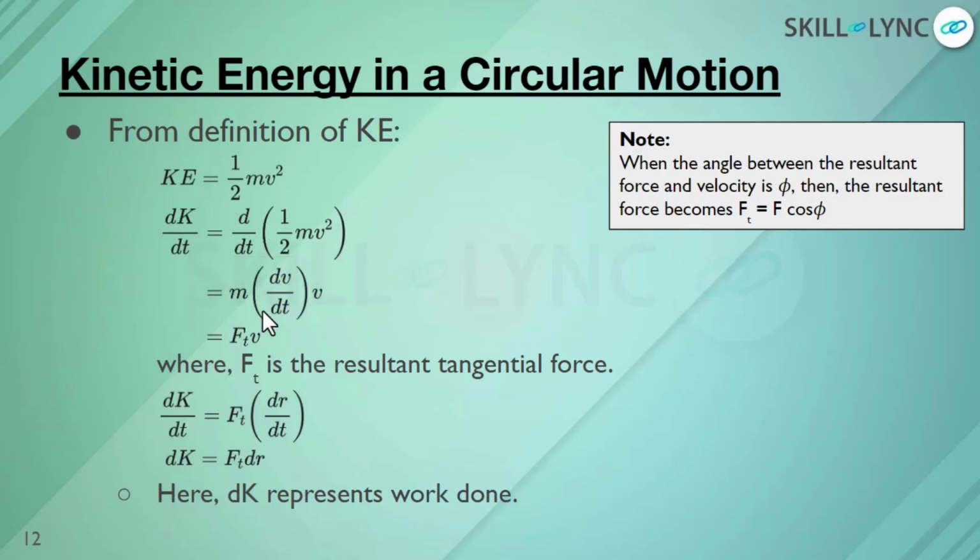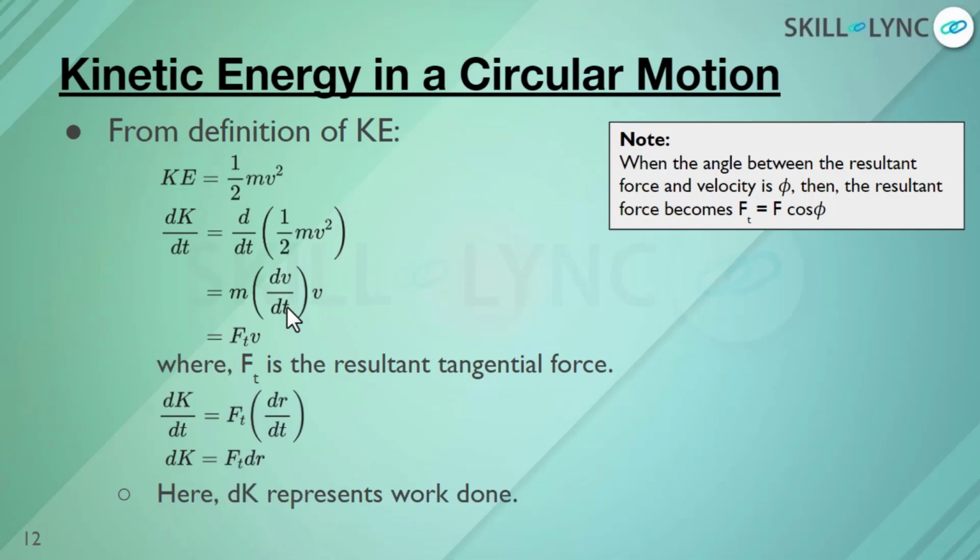This has been done to get force as an important factor of kinetic energy. We always know that force is equal to mass into acceleration. We can see mass here, the mass of the body, and we already know acceleration denoted by a